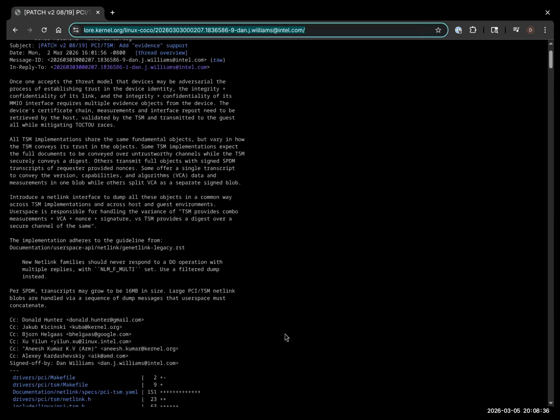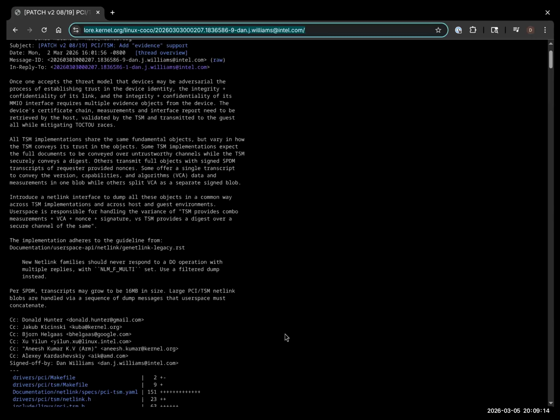It's the very beginning of the transcript. It's the VCA, and then every get measurement request and response is added to the transcript after that. So it's VCA requests and responses, and then each measurement that you ask for before you get the final signed measurement. Now, if you only do one signed measurement, it's VCA concatenated with that one measurement request and response that's signed. The whole thing is signed, but yeah, one signature. Yeah, because like TDX doesn't give you a separate VCA object; they just give you the full transcript of measurements, whereas